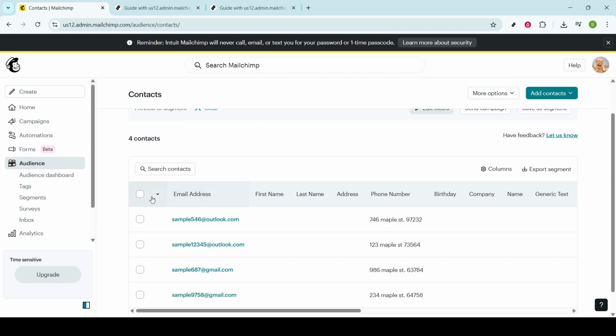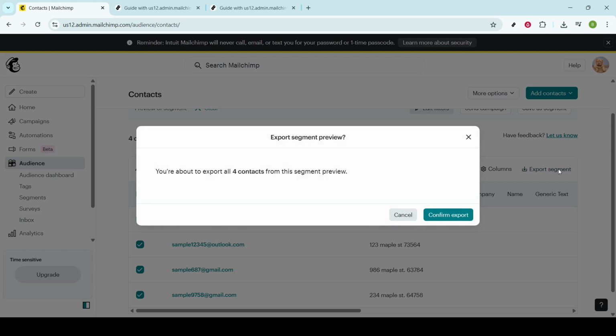Within the All Contacts area, keep an eye out for the option to Export Segment. This is the magic button that will allow you to back up your contacts. When you see it, click on it without hesitation. Choosing to export your audience is a proactive measure in safeguarding your data against unforeseen circumstances like technical glitches or